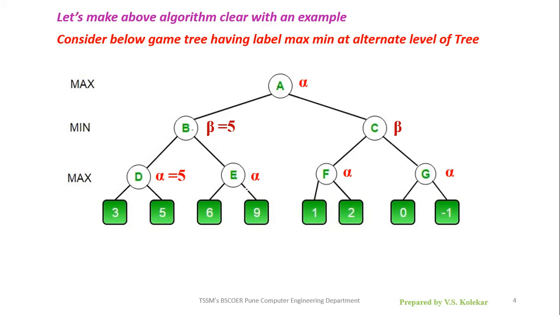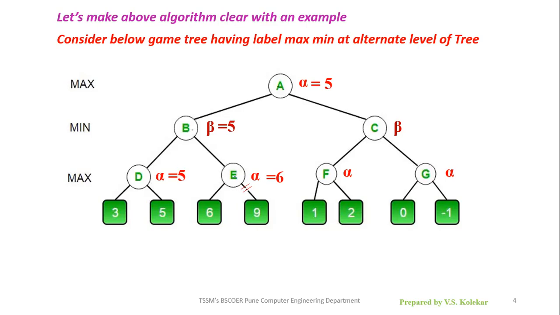Now go to the node E. Node E, first leaf node has value 6. That 6 value we pass to the alpha, because node 9 need not be searched, because the beta value must be less than 5. And actually by searching the first leaf node we got 6, which is more than 5. So we need not search node 9. So we are not going to reach the leaf node 9. It is called alpha beta pruning at node E.